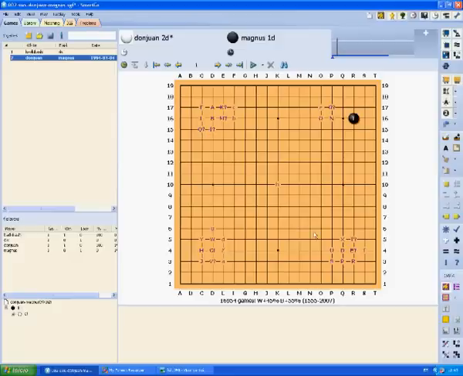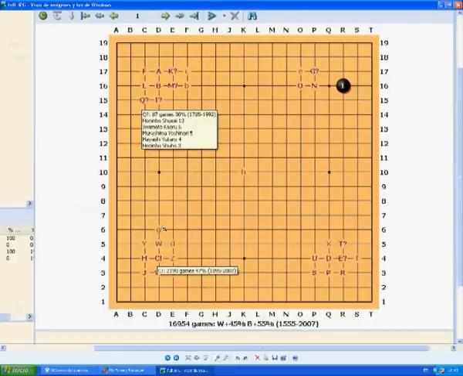Now each time you put the mouse over a letter, a pop-up window appears. Here we have some samples. I know you couldn't see it on the video. For C, it's seen a few times, and that's the winning percentage, and the years where it's been played. Here we can see that Q was played by Honinbo Shusai 30 times, and that's how it works. Okay, now let's go on.